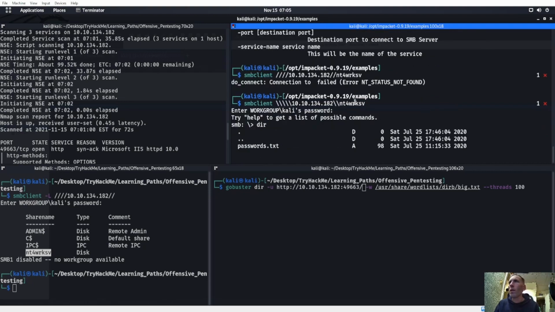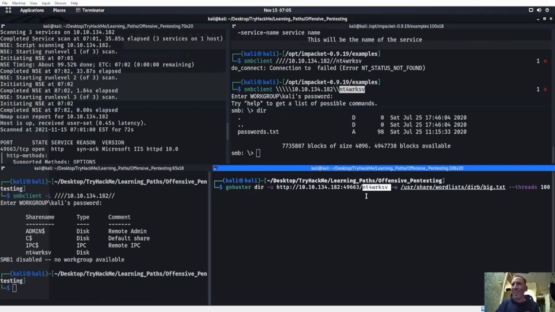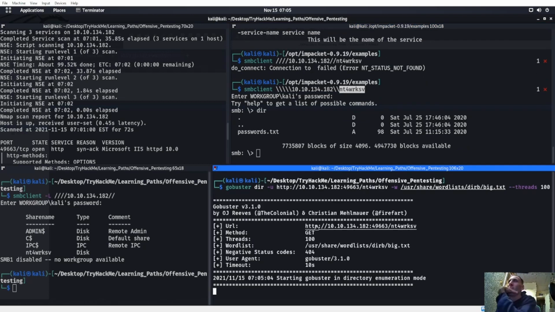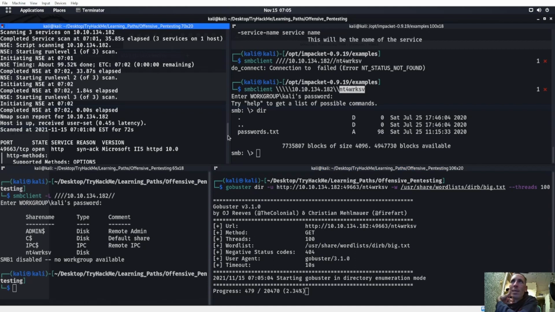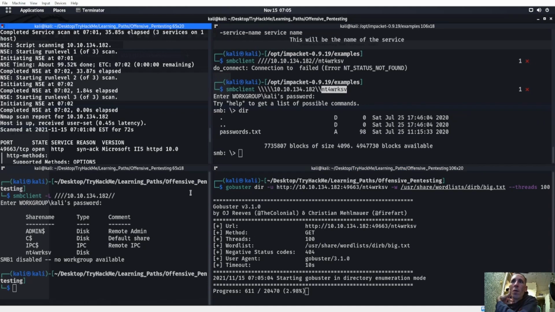Oh, I don't know why I'm doing all that. I literally just needed that name, didn't I? Let's see if there's anything in here, like a robots.txt, admin.txt, something like that. Other than that, I mean,